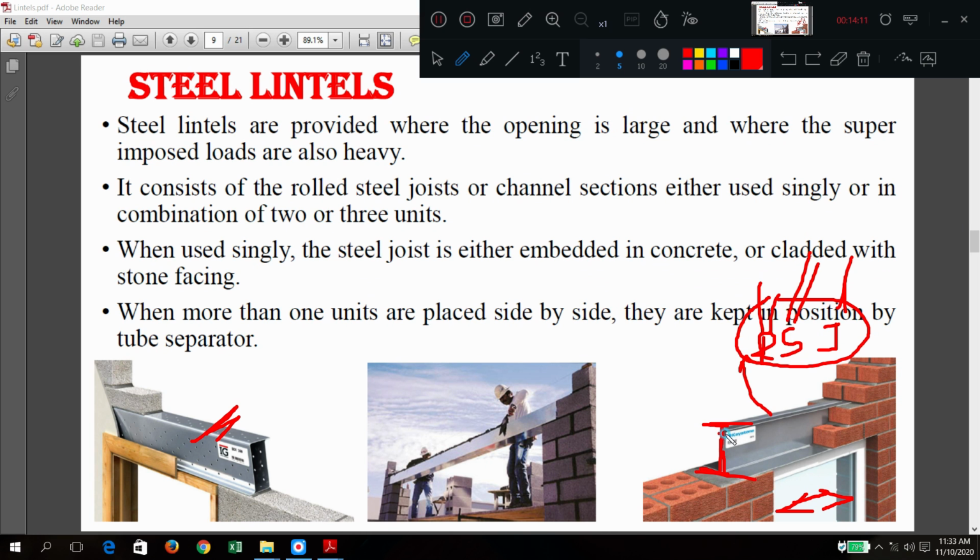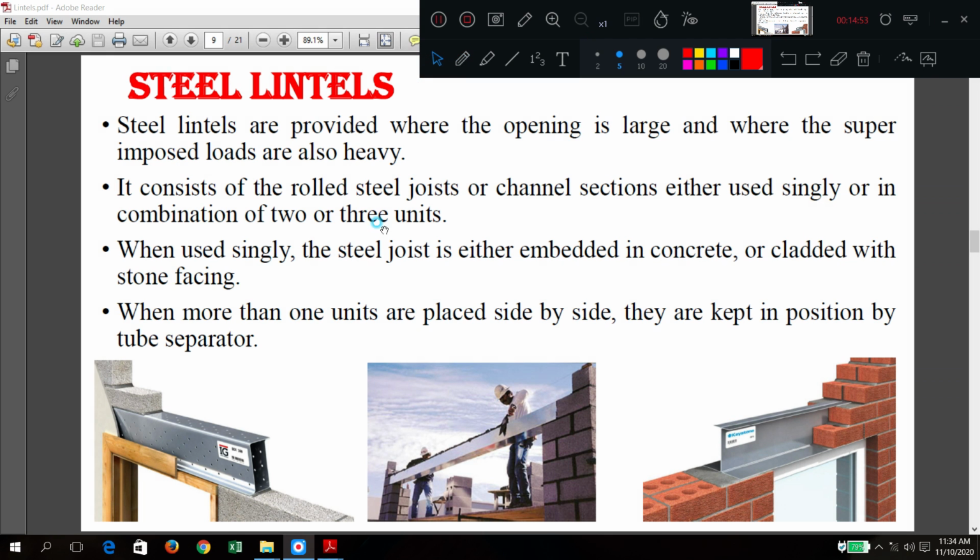Sometimes after placing the steel member here, both sides concreting may be done throughout the width, or maybe brickwork like this, on either side of the steel. So inside you have heavy strong steel, and next to that you have brickwork as well as sometimes concrete work. So this is a typical steel joist which is acting as a lintel, steel lintel. Now the same thing when you see it in a diagrammatic way. So I hope now it is clear. Okay, this is a cross section.